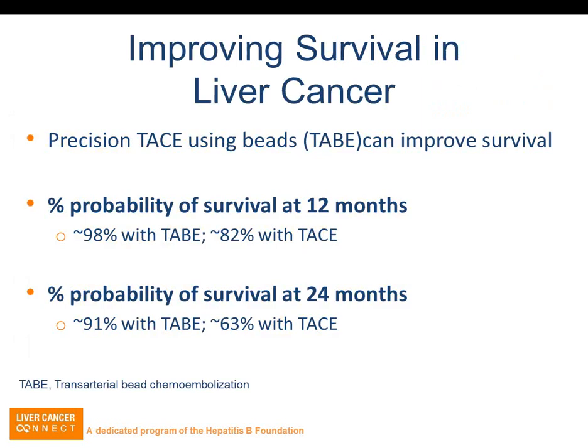Improving survival in liver cancer is important. We think that chemotherapy or bead embolization improves survival according to some different publications that have been shown. The bead embolization may be a little bit better than TACE, although that's a little controversial. We know there's less side effects, it's more controlled, and that's why most centers use beads over chemoembolization,